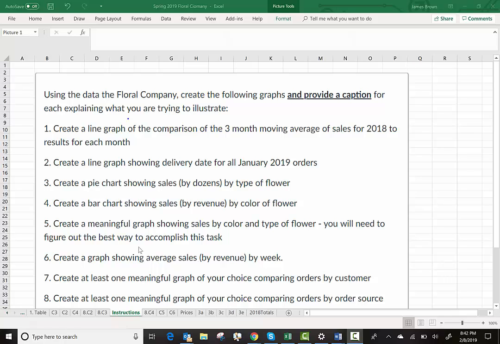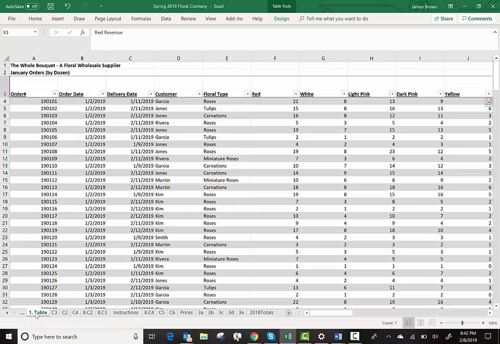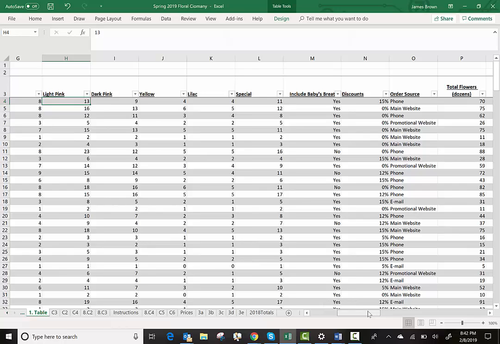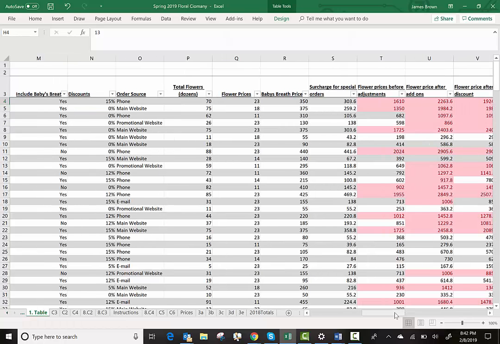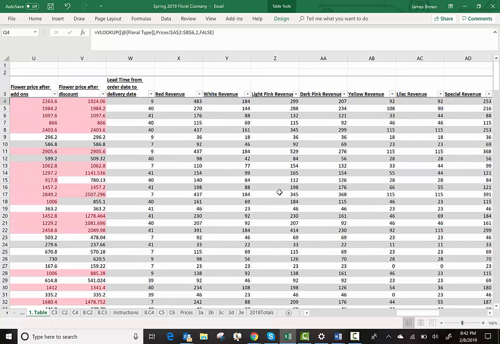So for number 4, here we have create a bar chart showing sales by revenue by color of flower. So we'll go to the table and we have number of flowers by color in the table. So for this particular first order here, roses had 21 red, 8 white, 13 pink, etc. So we can come over and see that roses cost $23. So we have the colors, we have the price, and so we're going to add a column for each